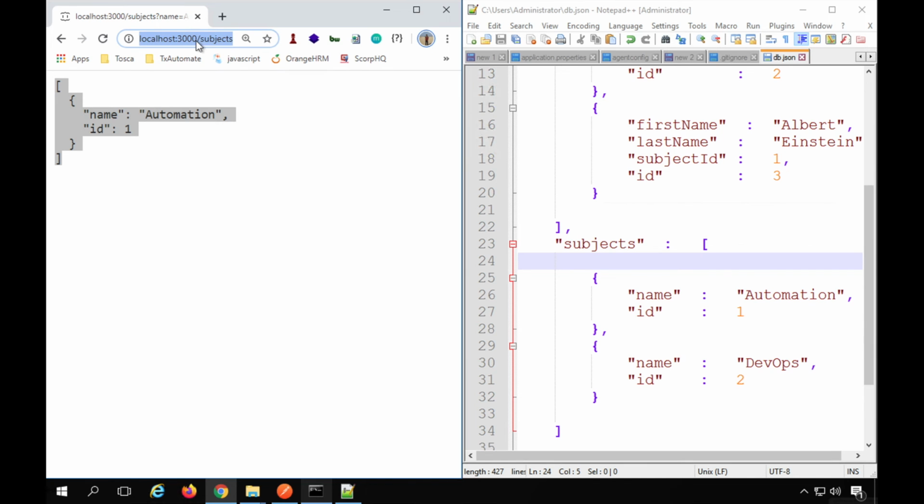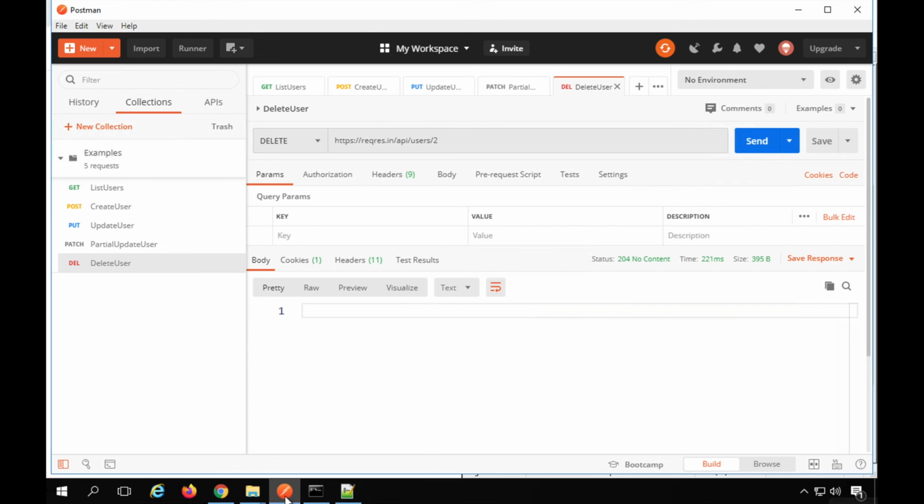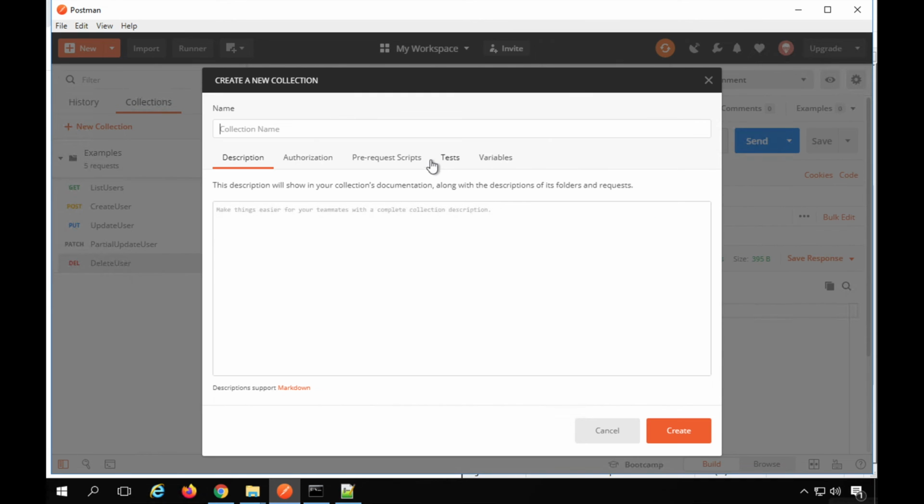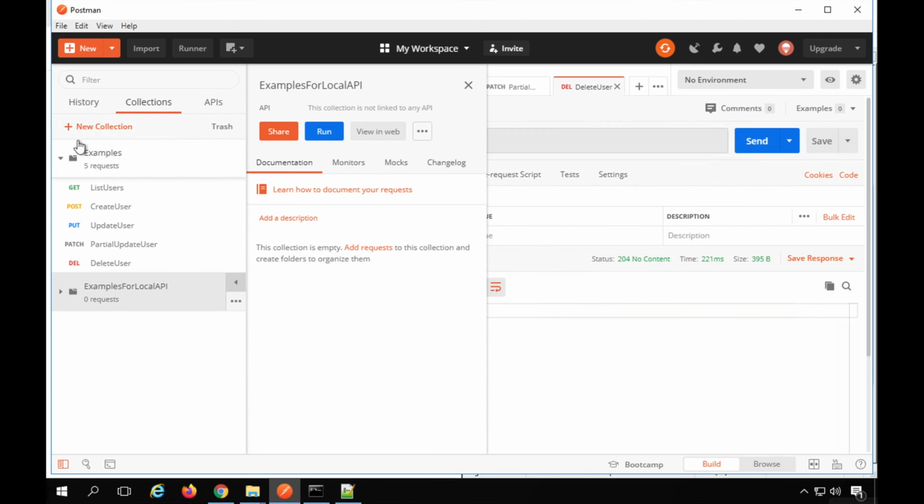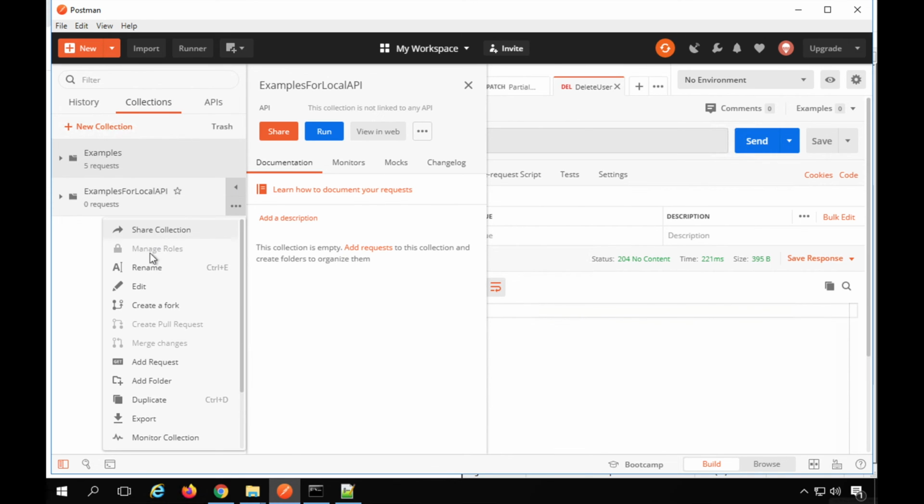We can also run the POST request using Postman. So now I will go on my Postman, and let us create a new collection first. I will go to new and click on collection, and I will say this is examples for local API, and create the collection, and the collection has come here. Now I can create a new request inside a collection. I can also create a request from here. I will say add request,